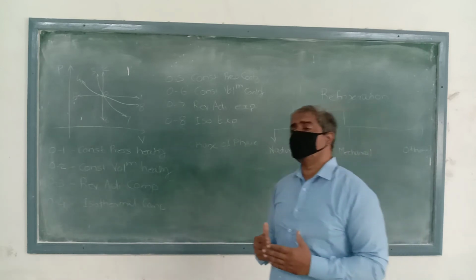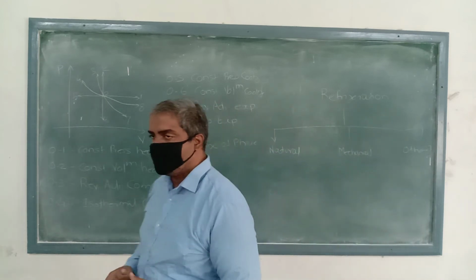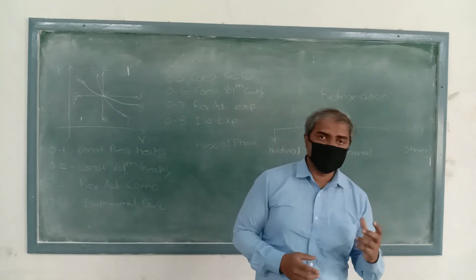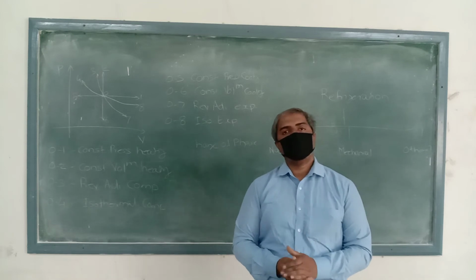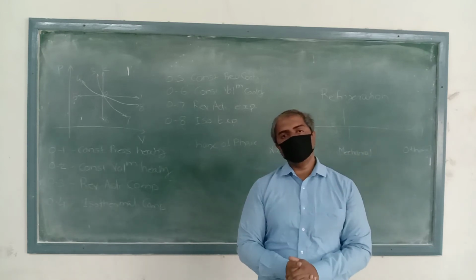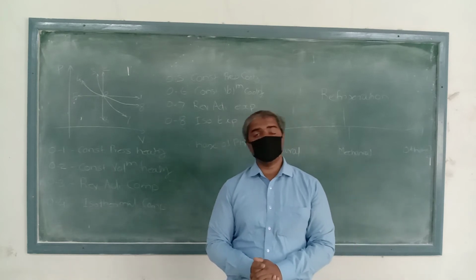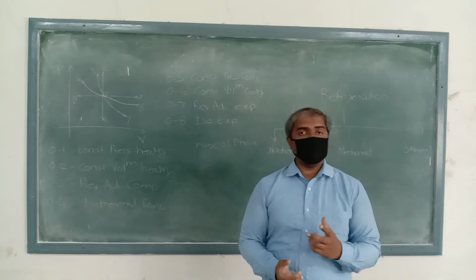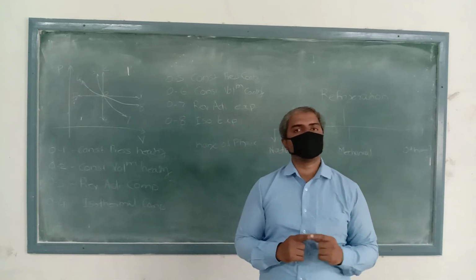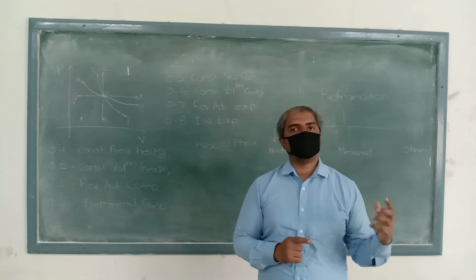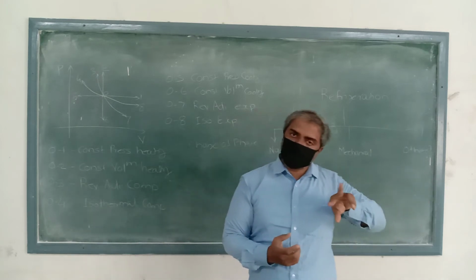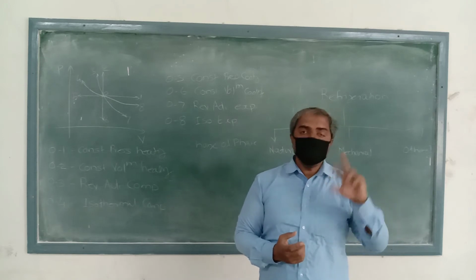What is meant by change of the phase? Suppose we are taking one example. A 0 degrees Celsius ice cube we have taken, and that 0 degree ice cube is converted into 0 degree Celsius water. So you are finding that during this process the temperature parameter is constant, but the physical state, the solid state, is converted into the liquid state. This is called the change of the phase.